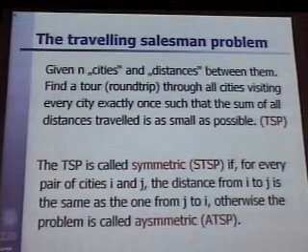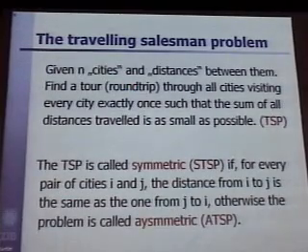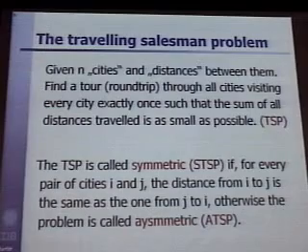So here comes the traveling salesman problem, the TSP. You're given n cities and distances between the cities. You want to find a round trip through all the cities, visiting every city exactly once, so that the sum of all distances traveled is as small as possible. Everybody can understand that. And in fact, this is the best known optimization problem, I believe, by people who do not know anything about mathematics.